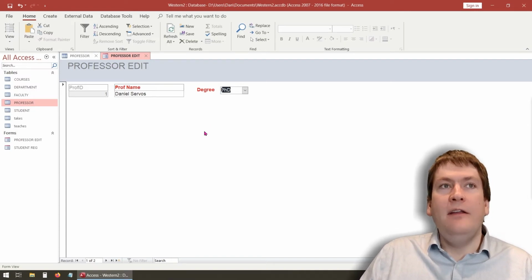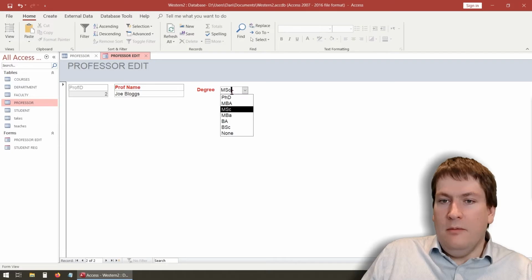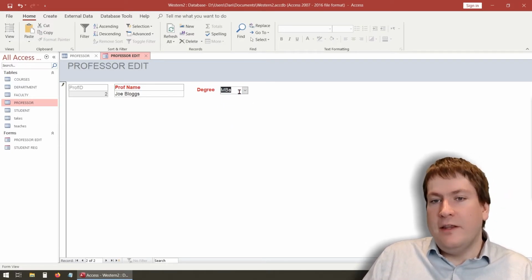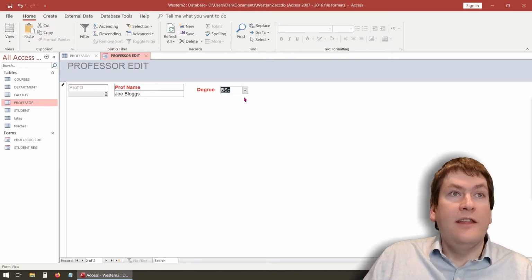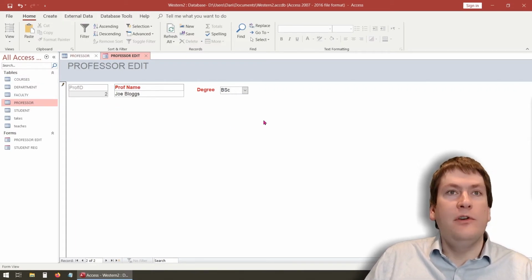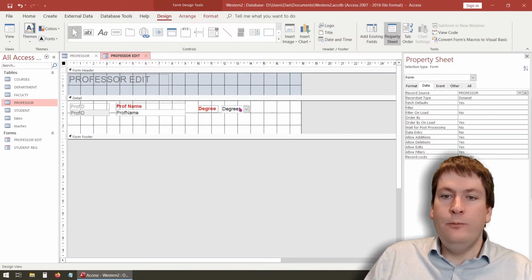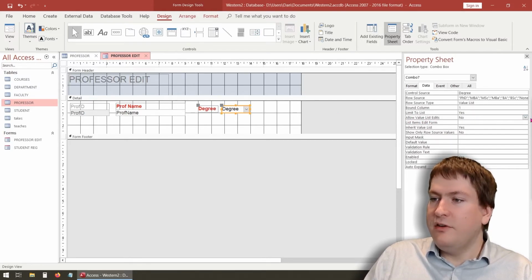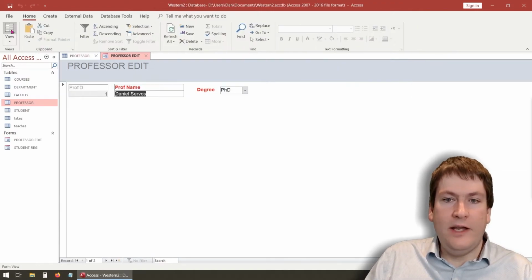So we could have a case like degree here where the person's entering on professors and they're trying to find their degree in the list. They might notice that it's not added. They know that they usually shouldn't just be typing whatever in here, but in this case, they might need to add a special degree that hasn't been added yet. So there's a way we can allow the user accessing the form to edit this list. So we go back to design view, click on the combo box, and it says allow value list edits. So we switched this to no before, but when this is on, and we save all that and go back,